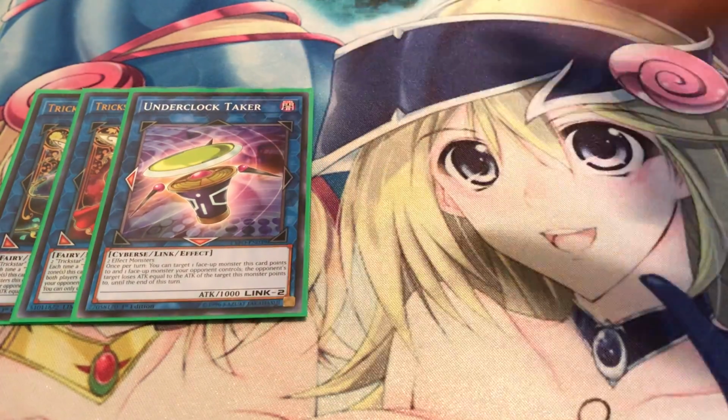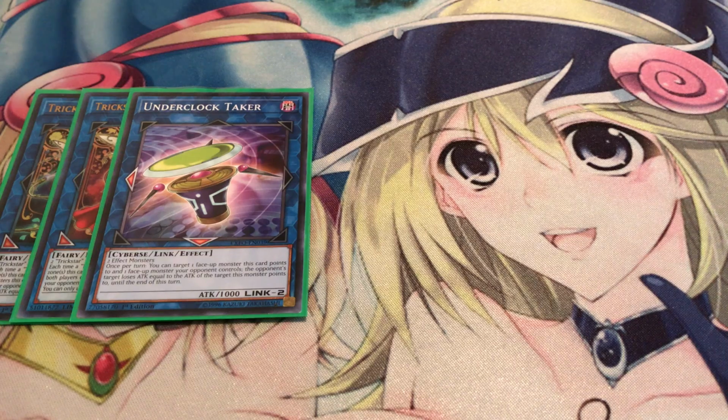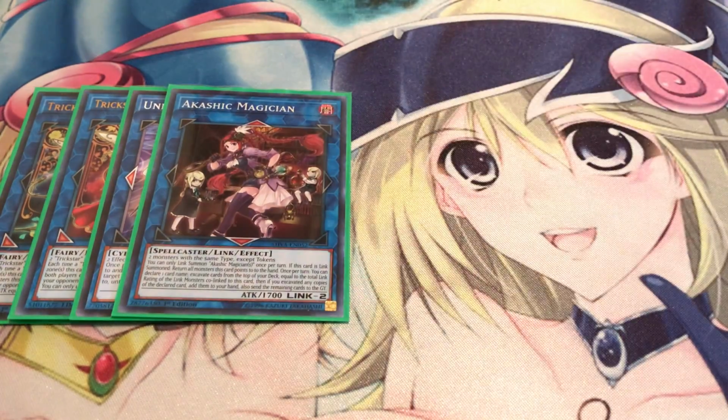We got Underclock Taker. It's pretty standard. Really comes in handy. 1 Akashic Magician. Definitely a great card, because when it's co-linked to 1 monster, you can excavate the top...